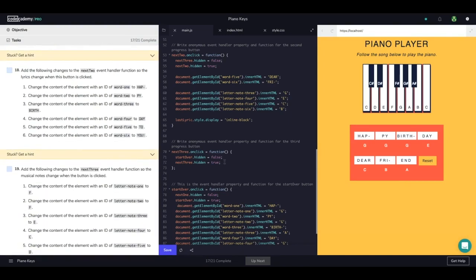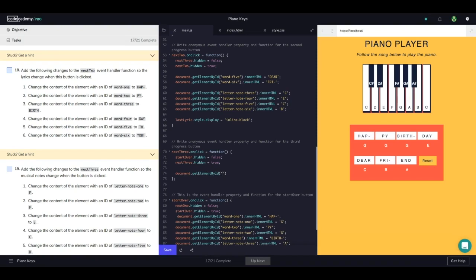So we're going to change the contents of all these lyrics, and we're going to use the same thing we had before and change them to the last part of the lyrics. Let's go ahead and write document get element by ID. We're going to pass in the first word, which is word 1, change its inner HTML, assign that to HAP dash. These are all found right here. So there's going to be 6 changes we're going to make. So I'm just going to grab this line here, copy paste it,